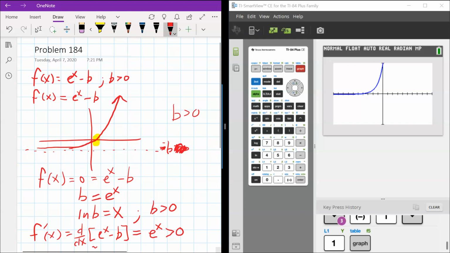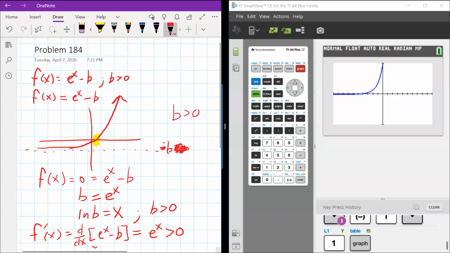So that means the function is increasing. The slope is getting more and more steep, or more and more positive. So no matter what value you have as far as an x value, eventually the function will increase to the point where it will get large enough to at least get to a value of 0,